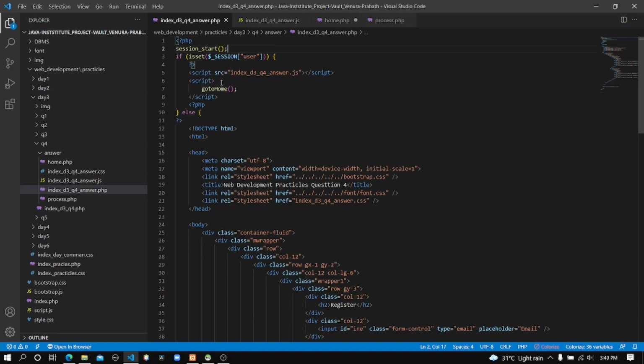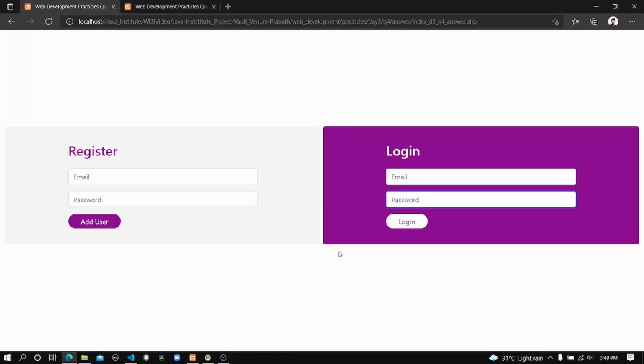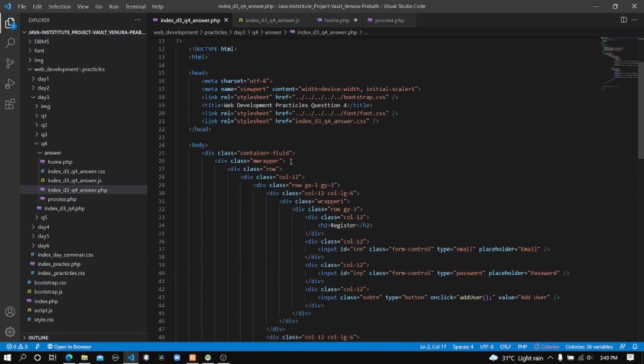That means he is a logged in user, so it is not necessary to show the login page to that user again. So it will only execute this part of the code.